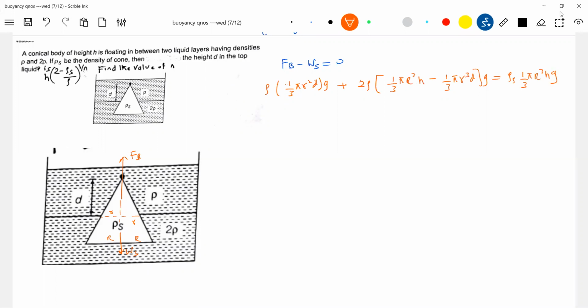Please do notice, you have, so sir, we are not understanding. So what is this? The yellow color is what? The volume of cone immersed in the upper part of the liquid. And what is next? The remaining part of the cone will be immersed in the lower liquid. So this is what I'm shading here. Able to understand? We took a simple idea, a cylinder. Now I brought a cone. I can bring a sphere. So different shaped objects will be floating in more than one liquid.